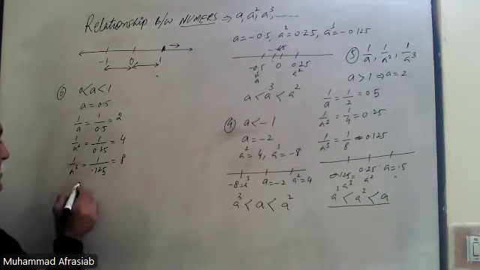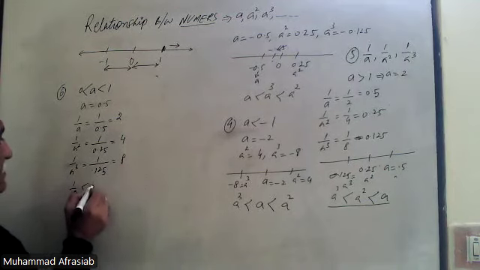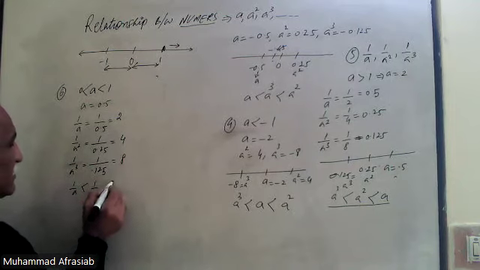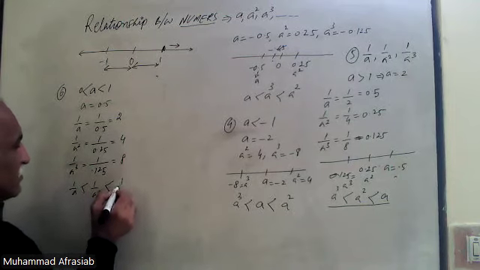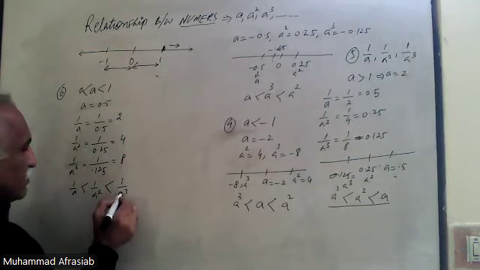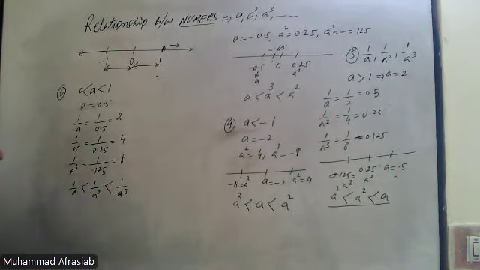So this means that 1 over a is less than 1 over a square is less than 1 over a cube. So in the reciprocal, it is always the reverse of the properties which are given in the simplest form of that. Now, seventh,